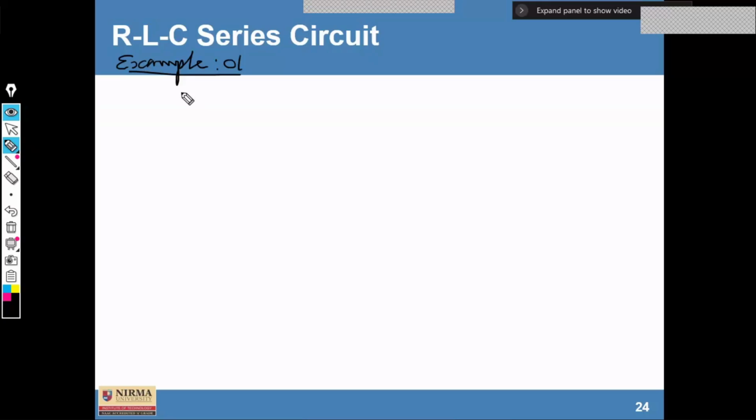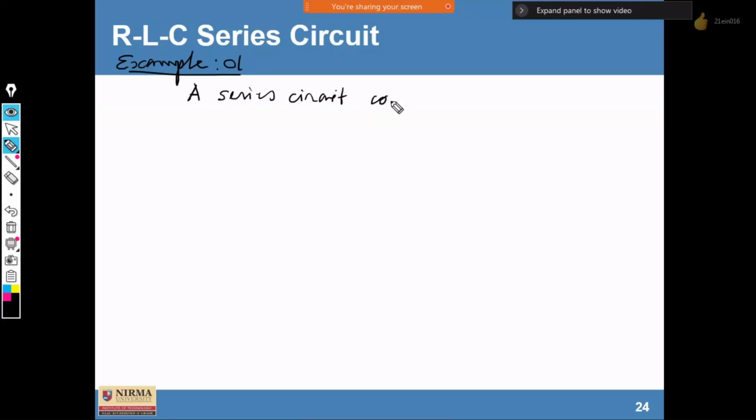First of all, write down a series circuit. All of you please write down this question in your notebook. That would be helpful to you in the examination also, because similar numericals may be asked for 2 or 3 marks in the sessional examination, as objective type questions. A series circuit consists of